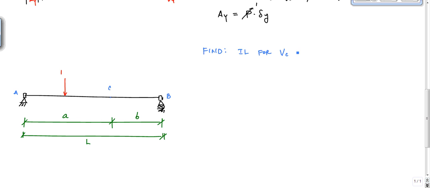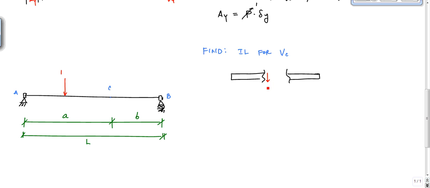Now, one of the things you have to remember is what is the positive sign convention for you. And this could be different depending on the textbook you use, the country you're watching this video in. But here I'm going to be using this sign convention, where if I make a cut on the inside, right here, and all my videos use this sign convention as well, is that internal positive shear